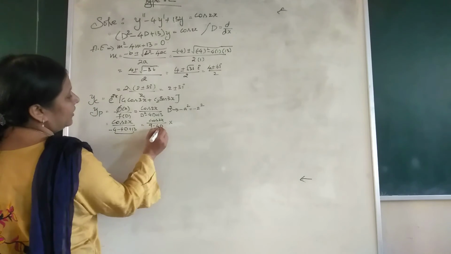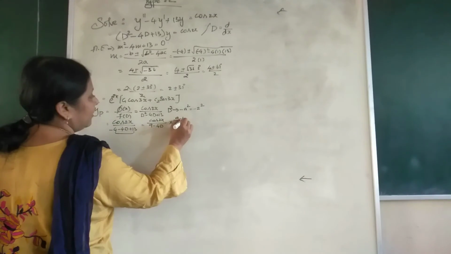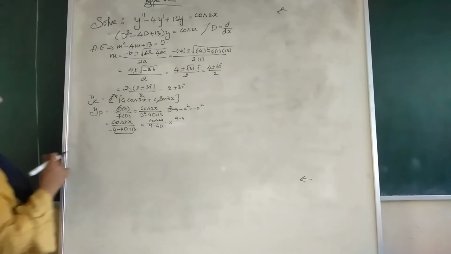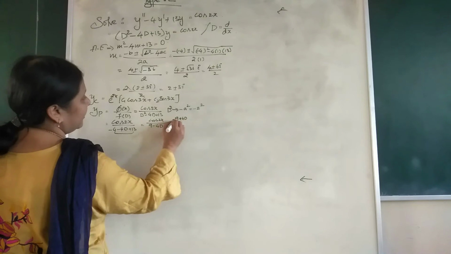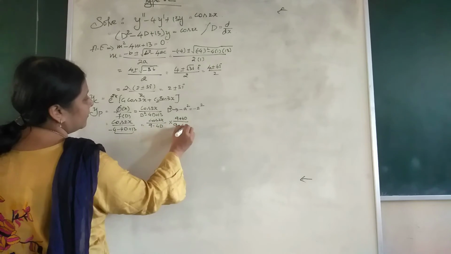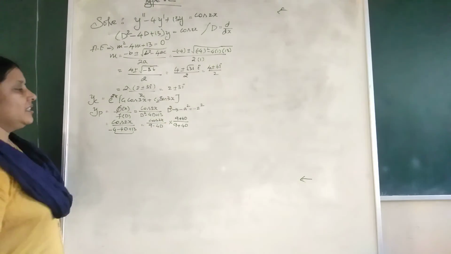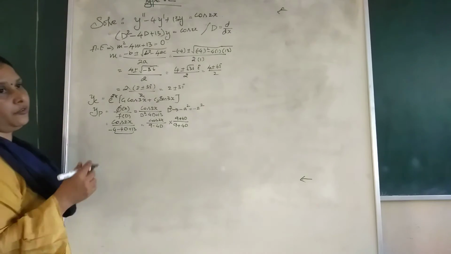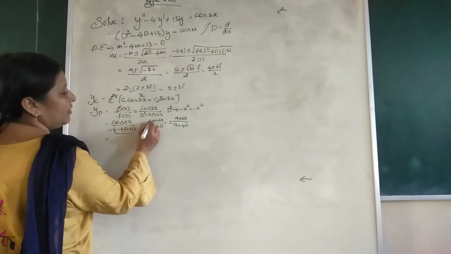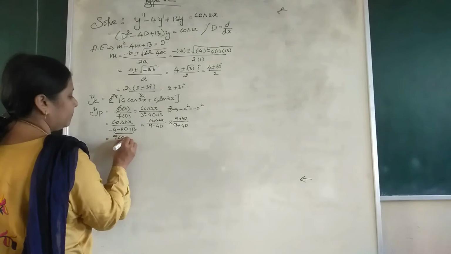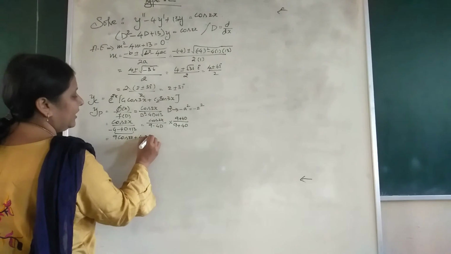So to get rid of the D here, we have to get a D square. To do that, what we'll do is we'll multiply and divide by the conjugate of the denominator. So considering the conjugate here, 9 plus 4D. And in case you have a plus sign here, you have to consider minus here, just like how you were doing it for the complex terms. Anyways, so applying this, we have 9 cos 2x plus 4D times cos 2x.